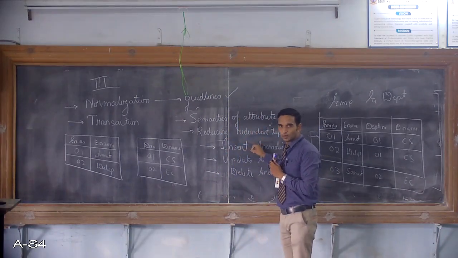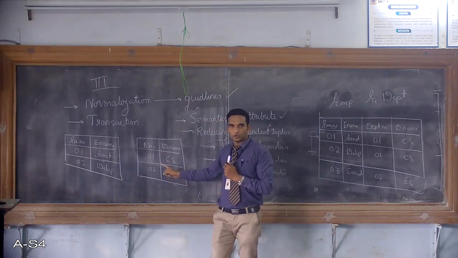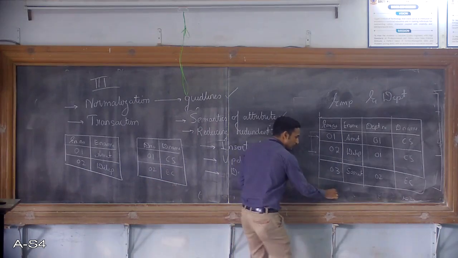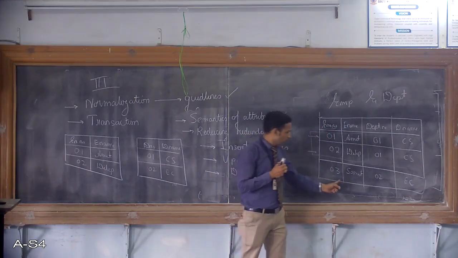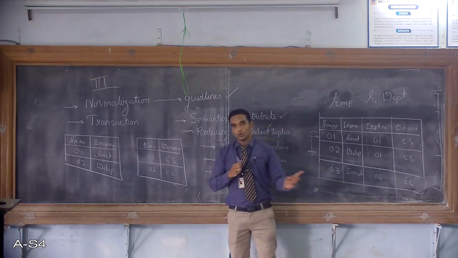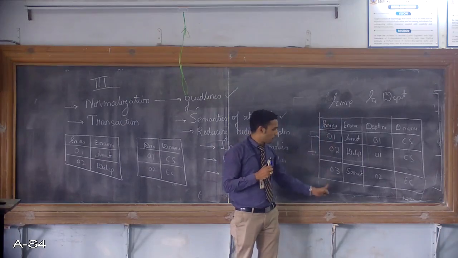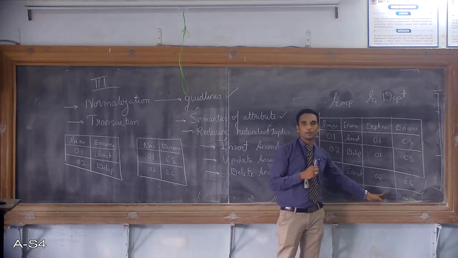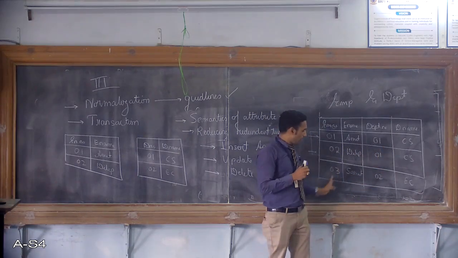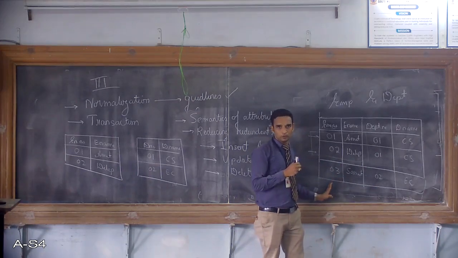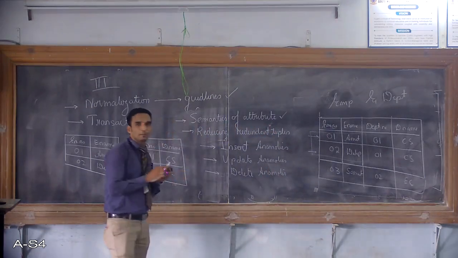So what happens in insert anomaly is, this is the table for employee, this is the table for department. If you're inserting a department, that department should have a subsequent employee who is working in that department. And if you're inserting an employee here, there should be a subsequent department for him to be assigned. So this problem arises when we go for such a table. On either side, we have to have the values. This is called insert anomaly. Is this clear what I mean by insert anomaly?